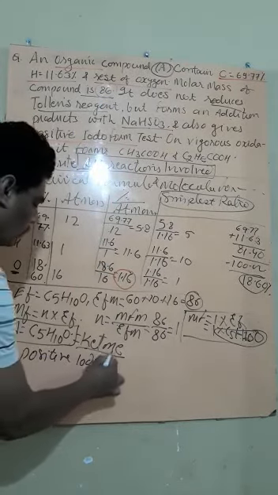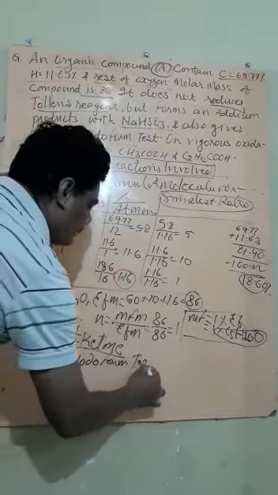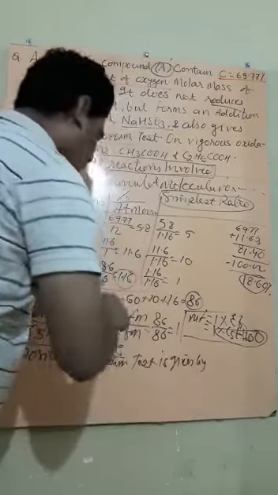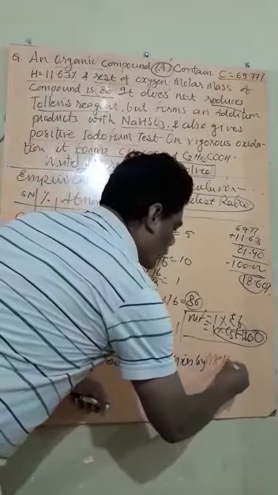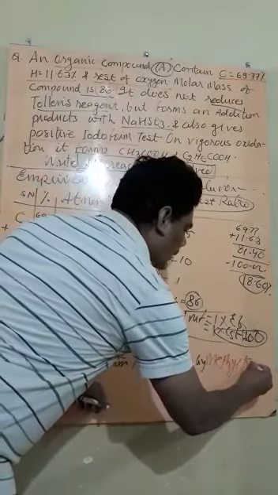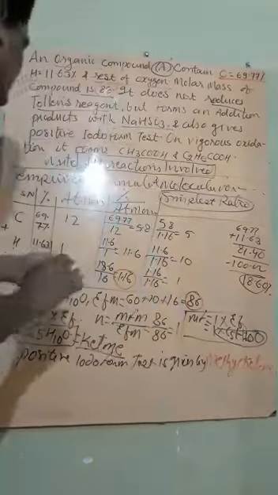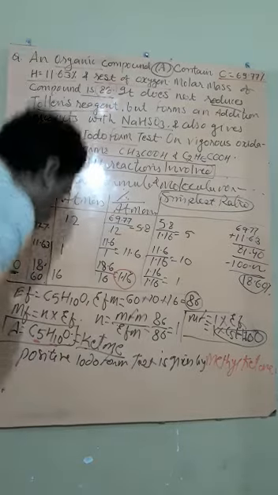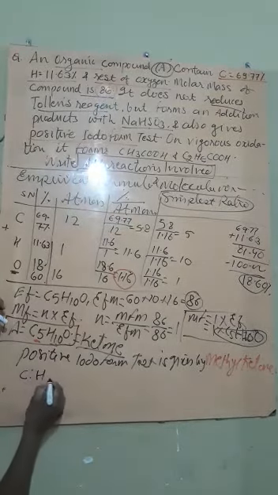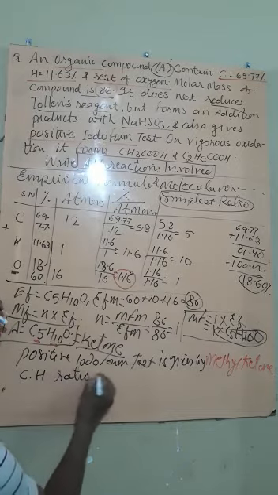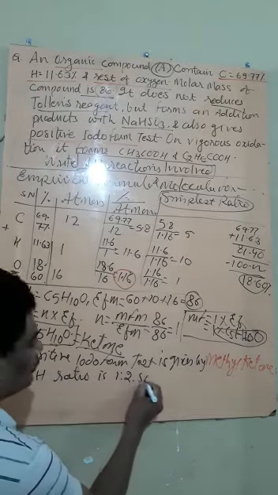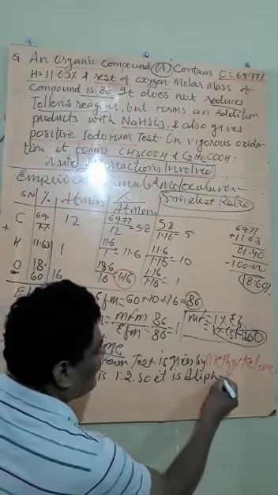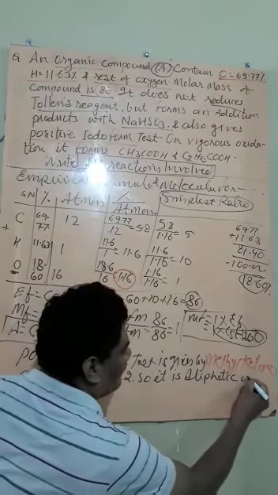The positive iodoform test is given by methyl ketones. So our compound A must be a methyl ketone. One more hint is given: the carbon is 5 and hydrogen is 10, that is, the carbon to hydrogen ratio is 1:2. So it is an aliphatic compound, because aliphatic compounds have that ratio.